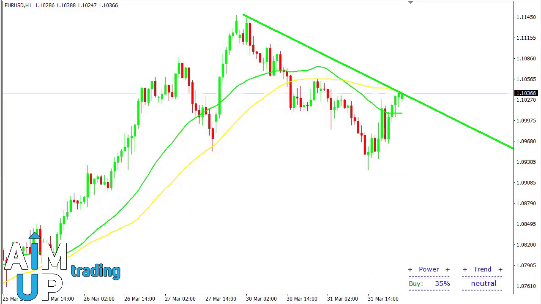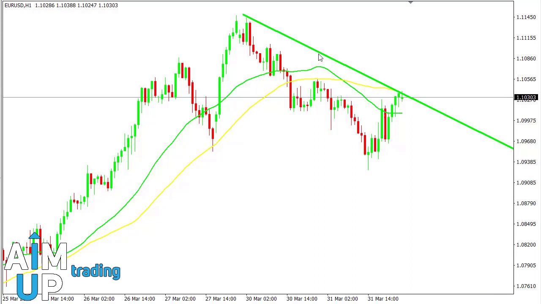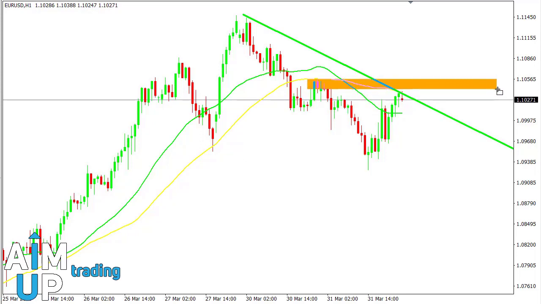At this moment, actually, I'm not gonna need this indicator right now. As you can see, it says buy. It gives us buy signals, but most likely, as you can see, the moving averages are crossing. We have the trend line. We have a buffer zone right here. We're expecting actually the price to go down, but let's see how the price is gonna react in this zone, and then we're gonna be thinking of taking a short position, or maybe wait for a breakout and then take a